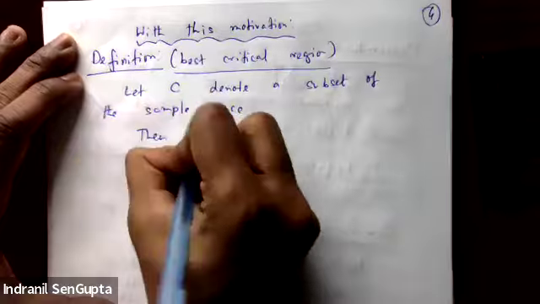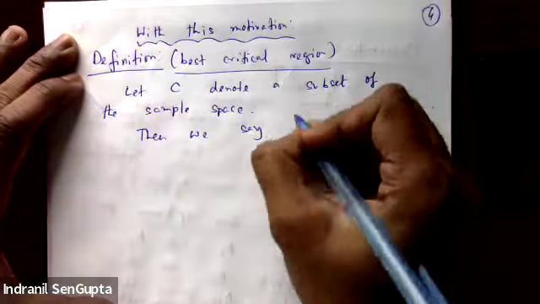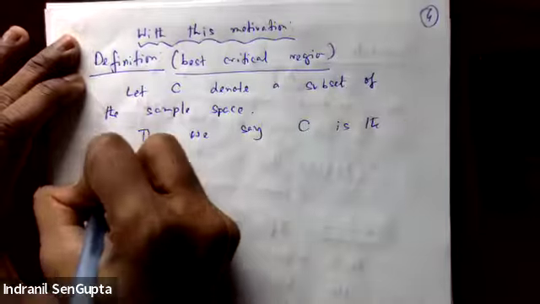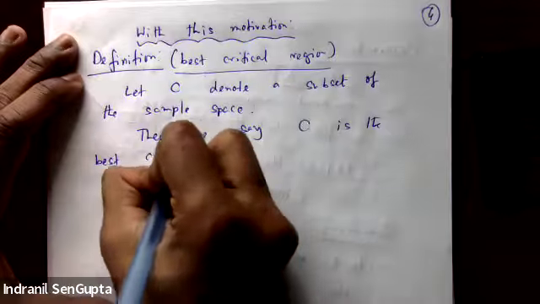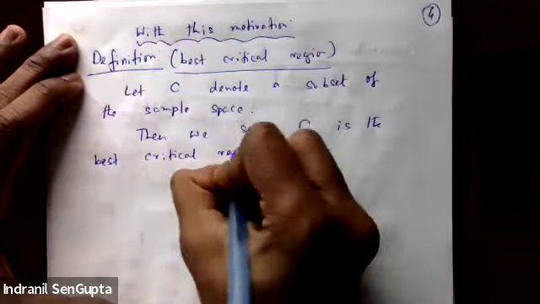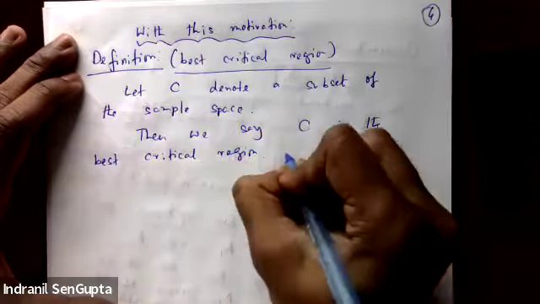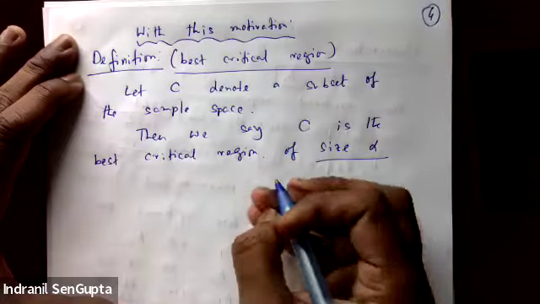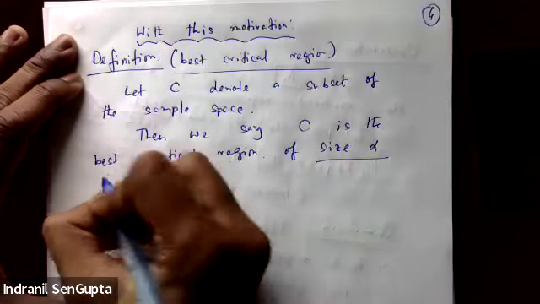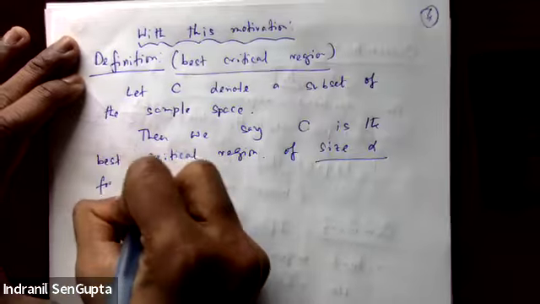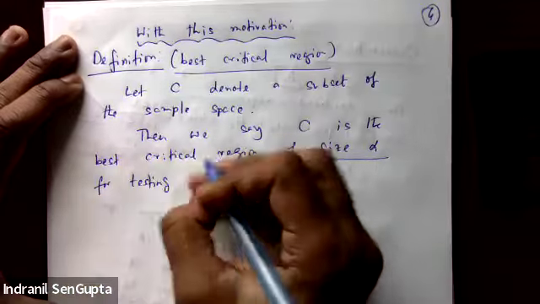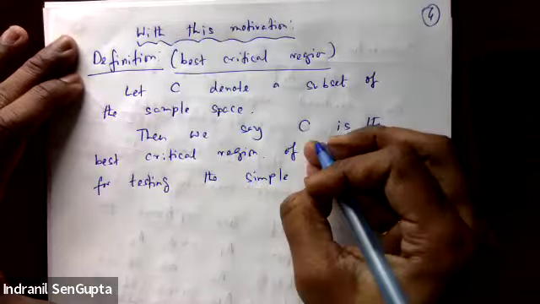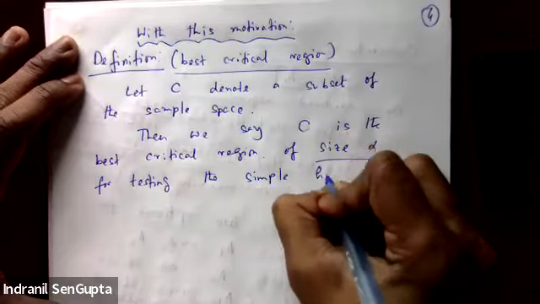Then we say C is the best critical region of size alpha for testing the simple null hypothesis